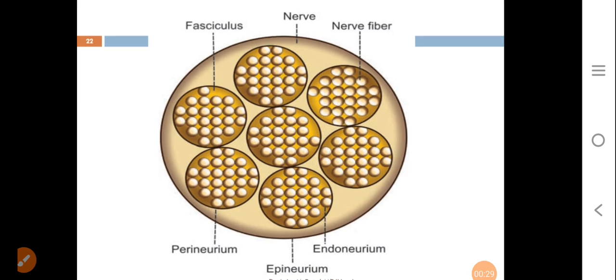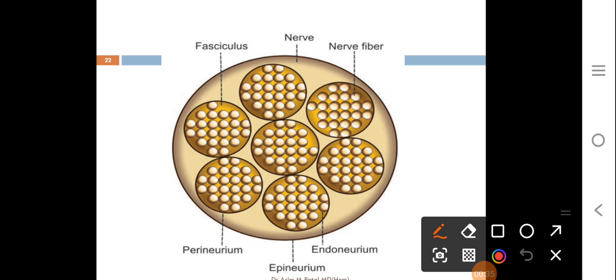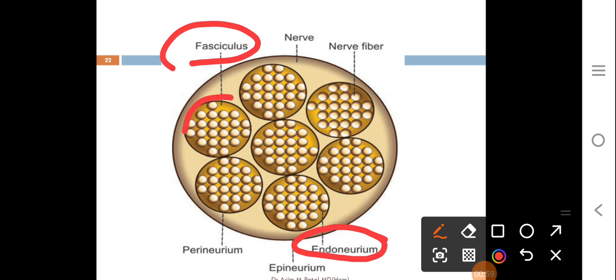Here in this diagram you can see the many nerve fibers. Each of these nerve fibers is covered by a membrane called endoneurium. A bundle of such nerve fibers is called a fasciculus, and this fasciculus is covered by a membrane which is called perineurium,